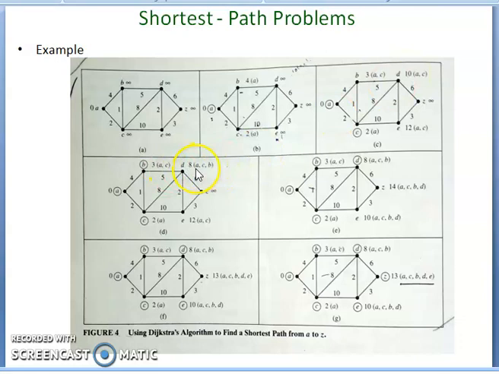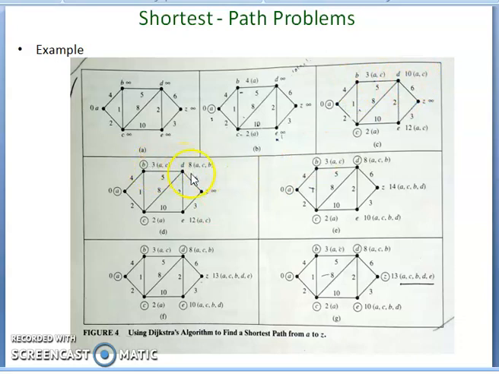And that is the 8, and the path is A to C to B to D. A, C, B, D with 8, not 10. If it is 10, it is directly A to C, C to D. That is not the shortest way. A to C, C to B, B to D, that is the shortest way, 8. So there is only one adjacent vertex, that is D.